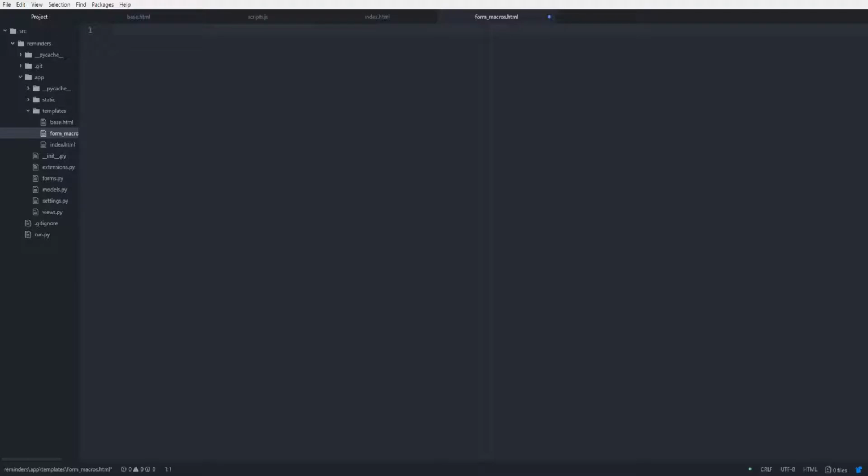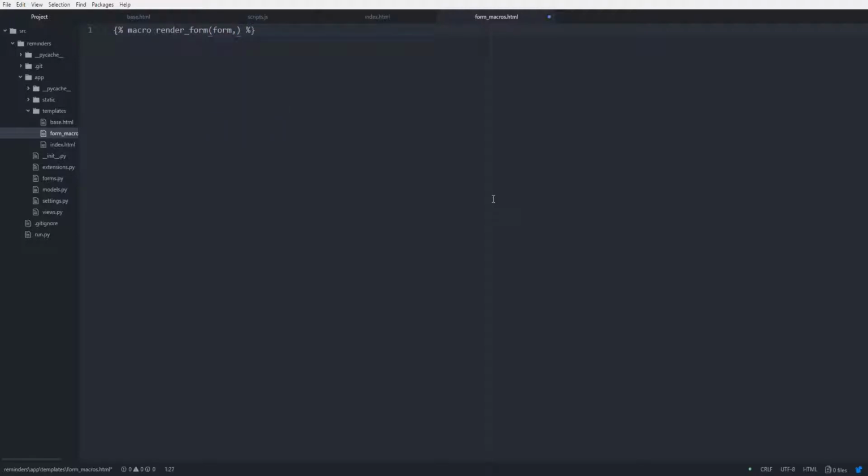So the way that we're going to structure this is that we're going to have one macro that renders our form, and then we're going to have individual macros for the different types of form fields. So first, let's stub out our macros just like we would stub out functions, and then we'll talk a little bit about how it's going to work, and then we'll put them together. So first we'll create our form rendering macro. We'll create some functional tags, and the format is you go macro, and then you have a macro name. So it's just like defining a function. So we'll go macro render_form,